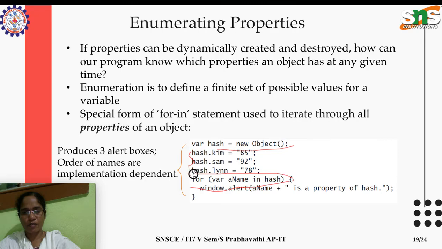Since we have seen different syntax for, here, within the parenthesis, a variable, one identifier. Okay, this is one identifier. The in keyword we need to use, and the object name. So in each and every iteration, this object's property will be fetched and stored in the variable a name. Okay, and we are displaying the same, and in the next iteration it will automatically move to fetch the next property, and that property value gets stored in the variable a name till the end of the properties of this object hash.